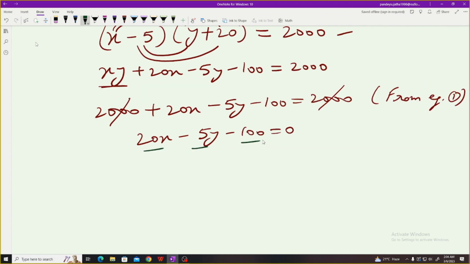Now in all these terms, we find 5 as common. So cancel all the terms with 5. We get 4x minus y minus 20 equal to 0. So now